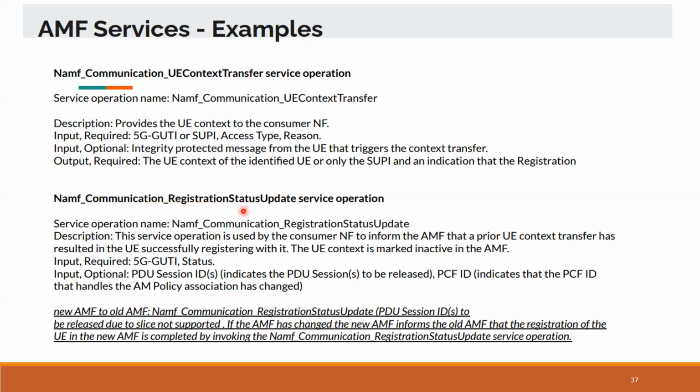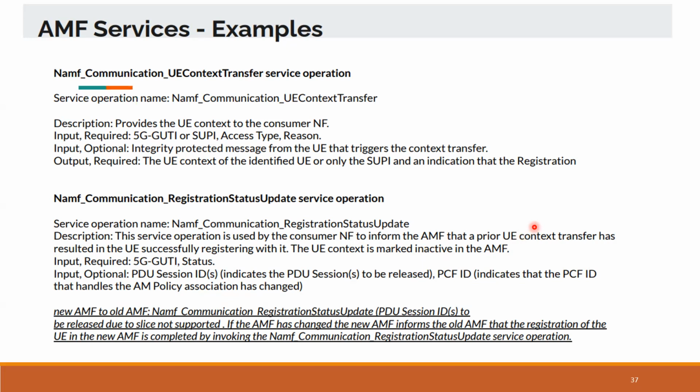Another example is the registration status update service operation. So the service operation name is this, and its description: this service operation is used by the consumer NF to inform the AMF that a prior UE context transfer has resulted in the UE successfully registering with it. The UE context is marked inactive in the AMF. This is what happens when you are connected with